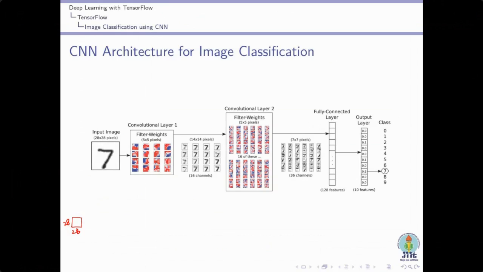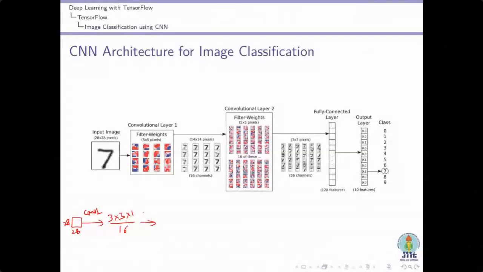Then we apply the first convolution operation, using filter size 3 by 3. How many channels will be there in filters? One only. And how many filters are we using? We will use 16 filters. So the output of this function will be some size of the image, and the number of channels will be 16. Then we will apply the max pooling operation.